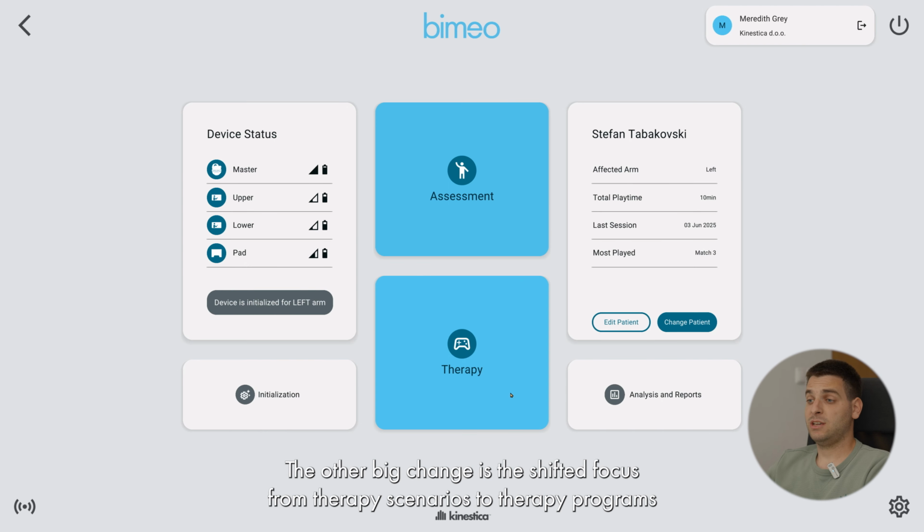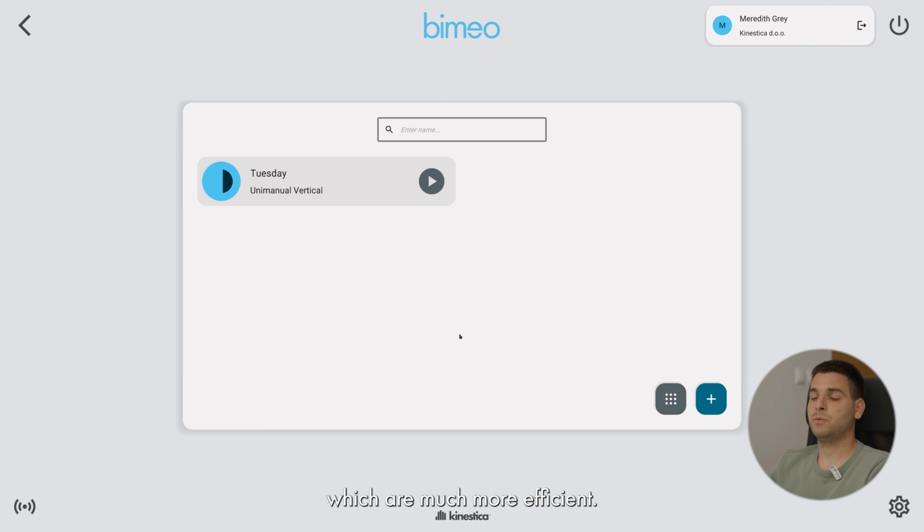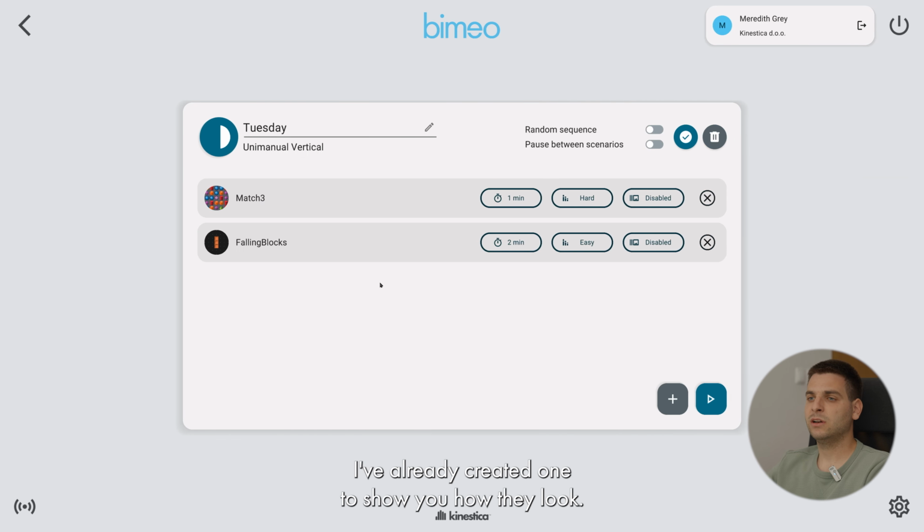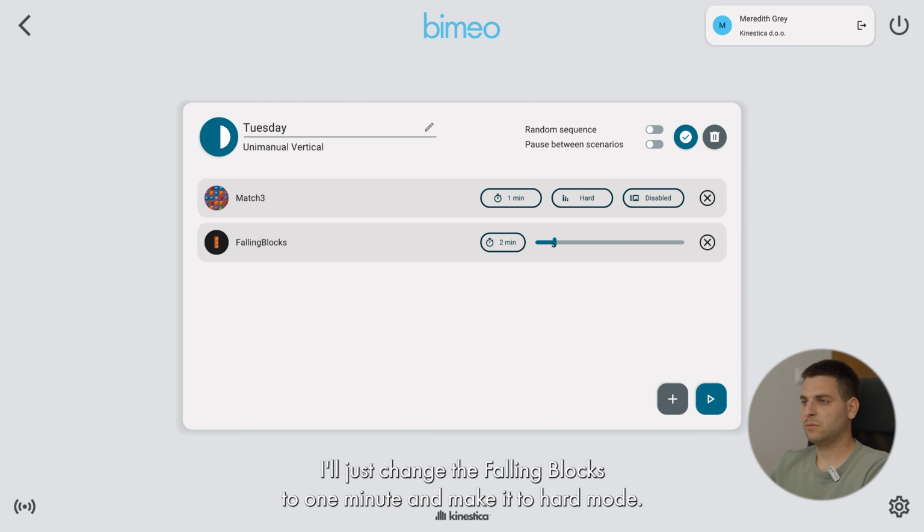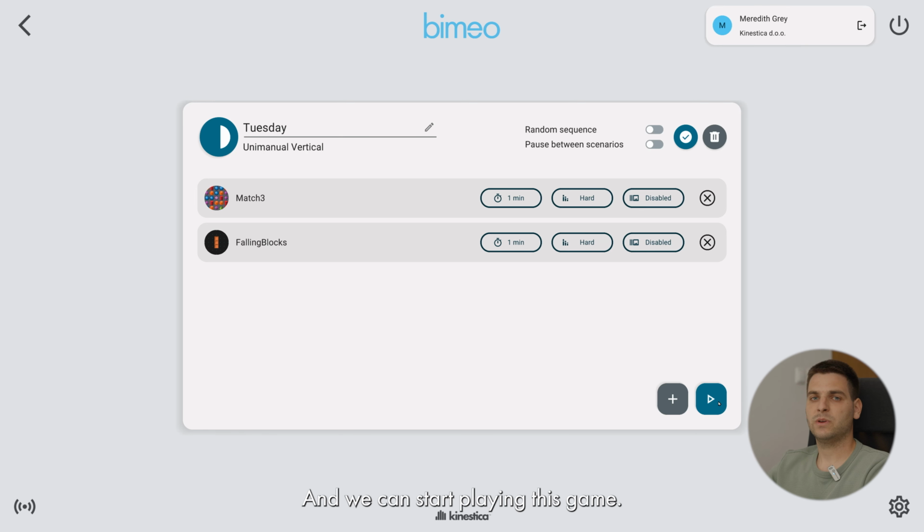The other big change is the shifted focus from therapy scenarios to therapy programs, which are much more efficient. I've already created one to show you how they look. I'll just change the following blocks to 1 minute and make it to hard mode, and we can start playing